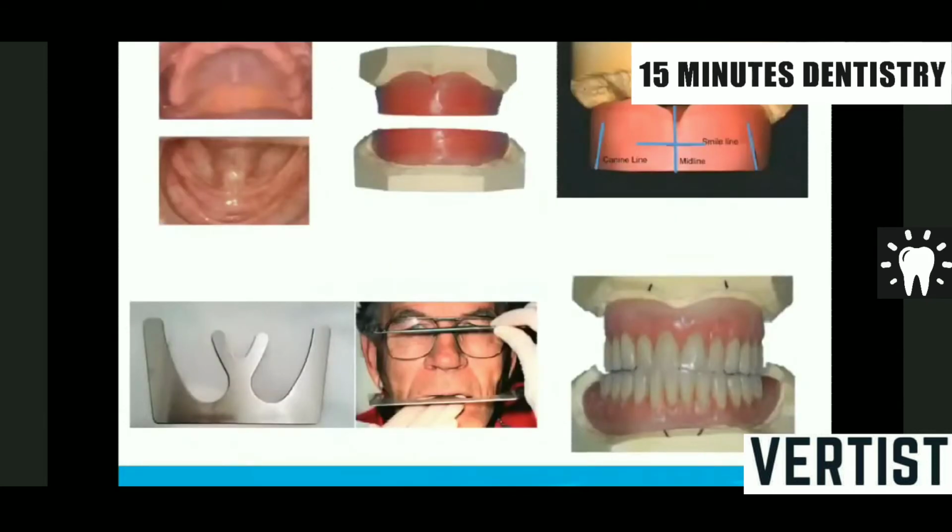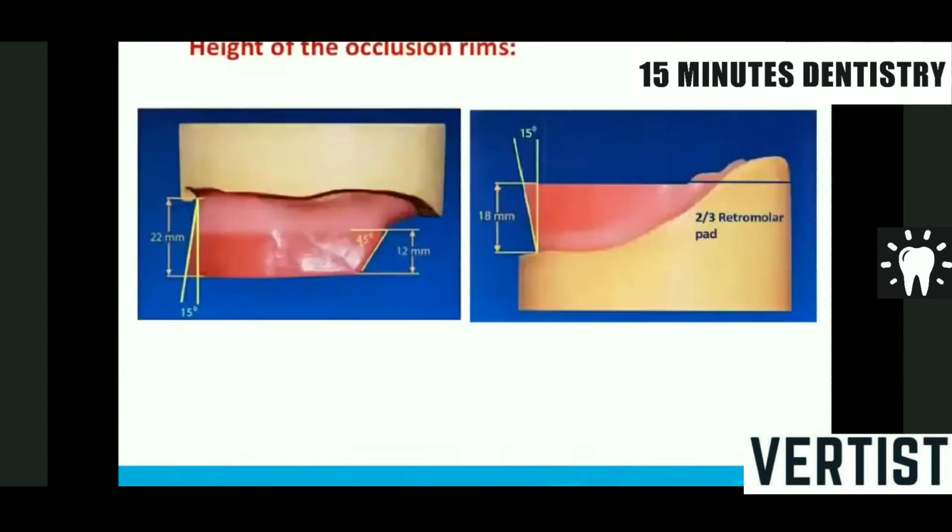Now in the photograph, you can see on the left upper corner, the patient comes to you, an edentulous patient. You make the primary, secondary, and master cast. You fabricate the occlusal rims. Then you place the occlusal rim in the patient's mouth. Draw the midline, draw the smile line, draw the canine line. The canine line always has to be drawn in a slanting manner, and you adjust the vertical as well as horizontal relationships using the Fox plane. In fact, the Fox plane has to be made parallel to the interpupillary line and the Camper's plane, that is the ala-tragal line, and the occlusal rim is ready.